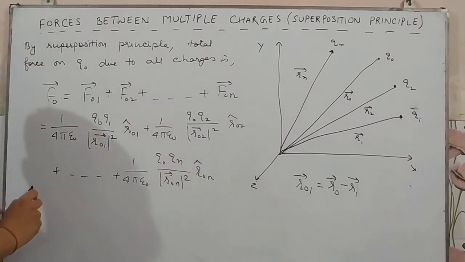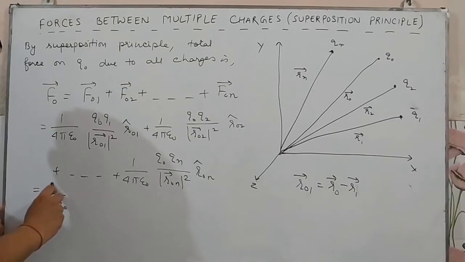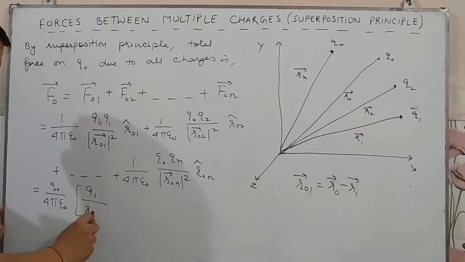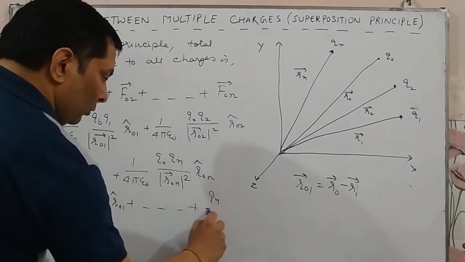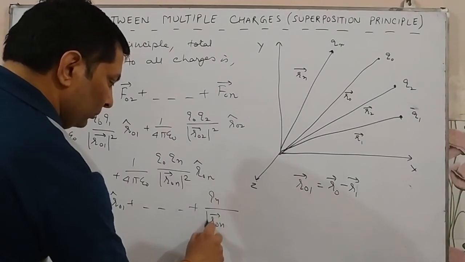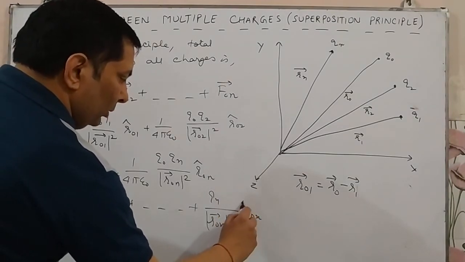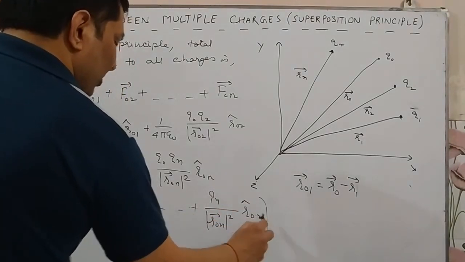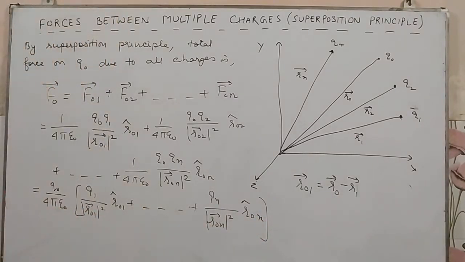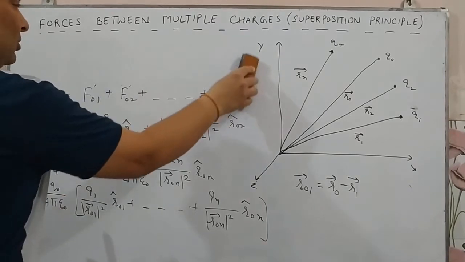Okay. So next, in the end, we can take 1 upon 4 pi epsilon naught common. Even we can take Q0 common. So we are left with Q1 upon R01 mod squared R01 hat, up to Qn upon R0n squared R0n hat. So this can be written in summation form. The summation form is